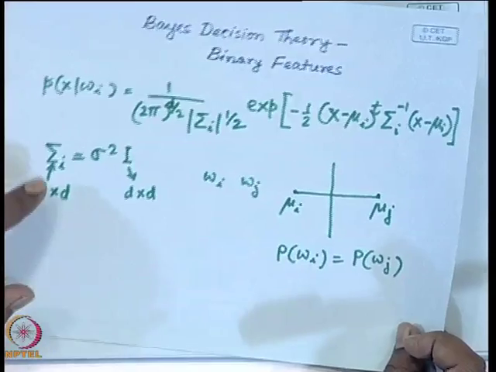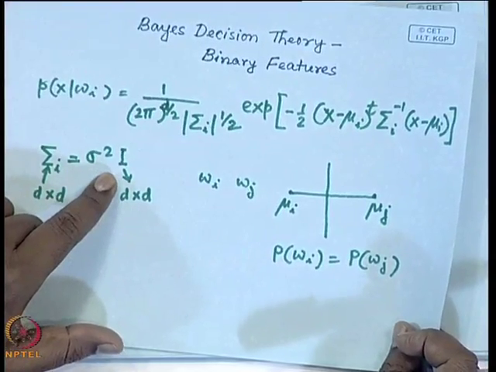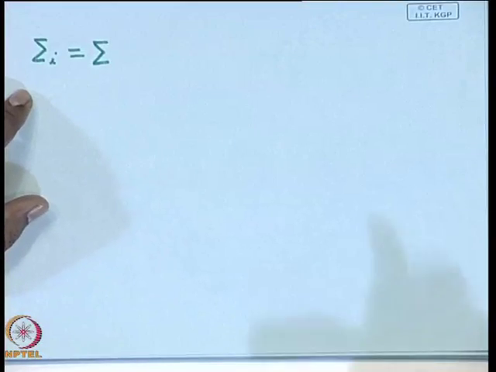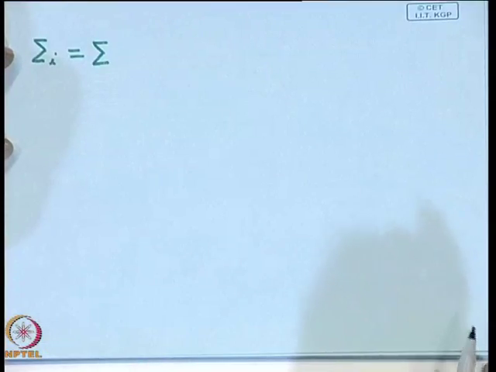Unlike in the first case where the covariance matrix has a specific form, in the second case the covariance matrices are arbitrary, but every class has the same covariance matrix, which ideally means that the points belonging to the different classes are clustered in hyper ellipsoidal spaces of the same shape and same size. Okay. And in such a case, we have seen that